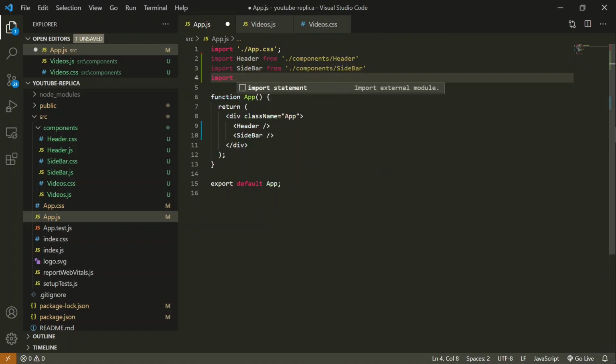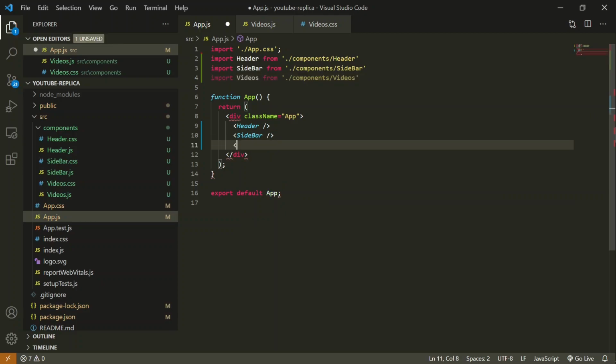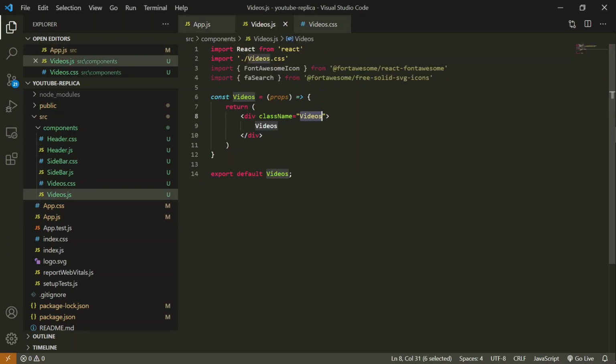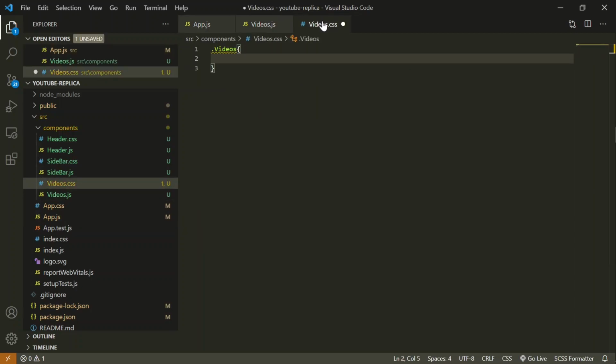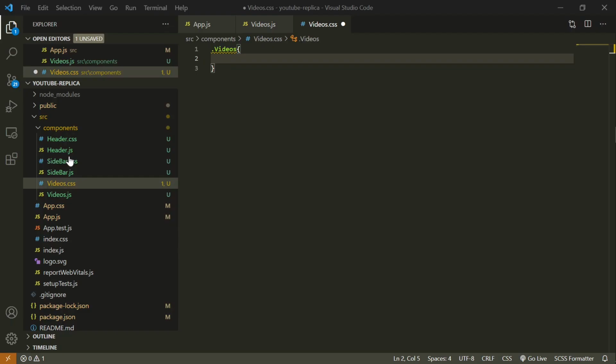Now I'm going to import this video component in our root component. So import videos from component/videos, and I'll put this videos component over here. I'm going to add some CSS to this videos class name. We are going to leave some padding on the top and left-hand side for the header and the sidebar respectively.